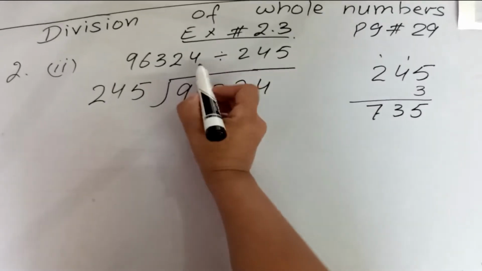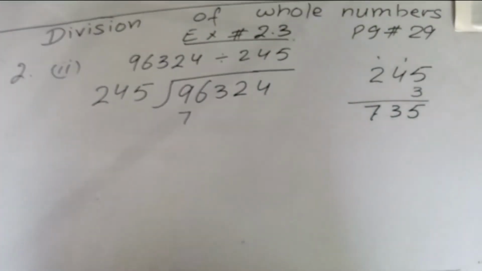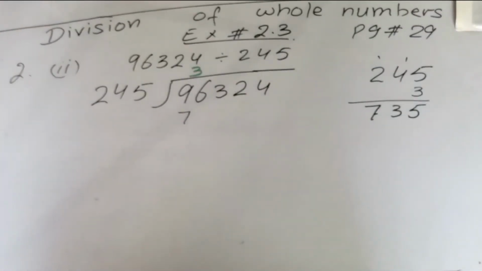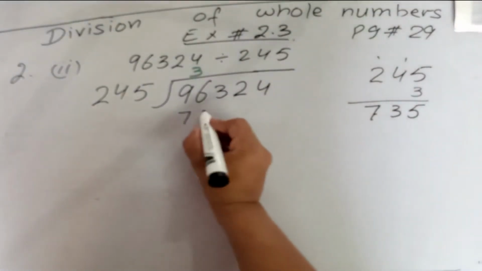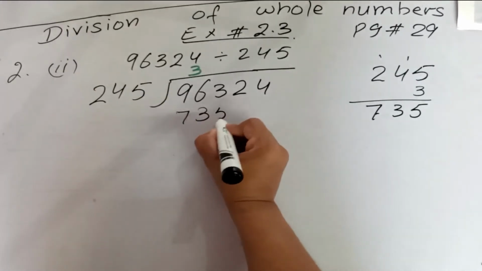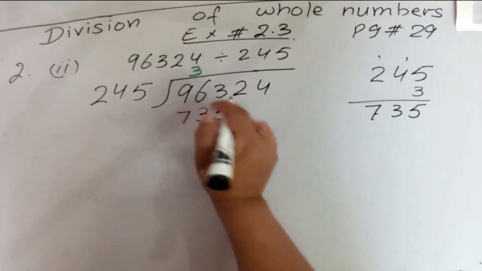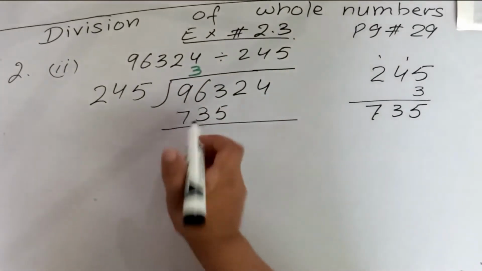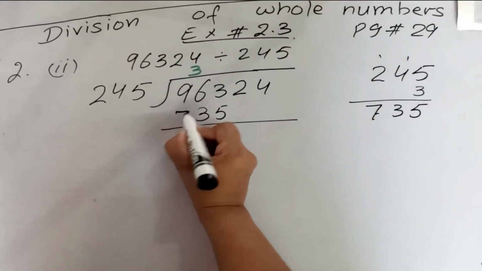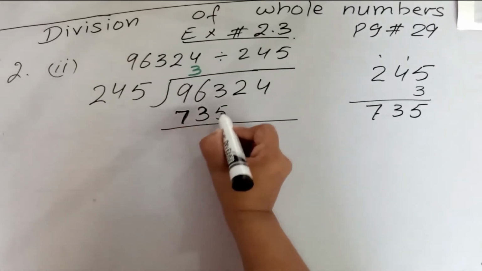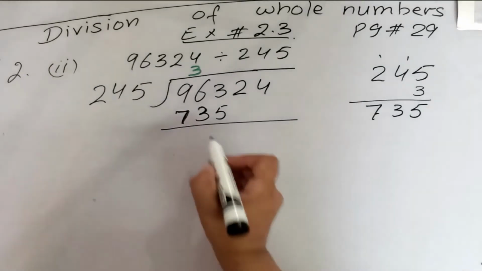I am multiplying it with the value 3, so I am writing it with a colored marker. It would be easy for you to understand, because this is our quotient. You have to write the values exactly under the above values, because the place value matters a lot. If you do not follow the place values, then the sum will be wrong.